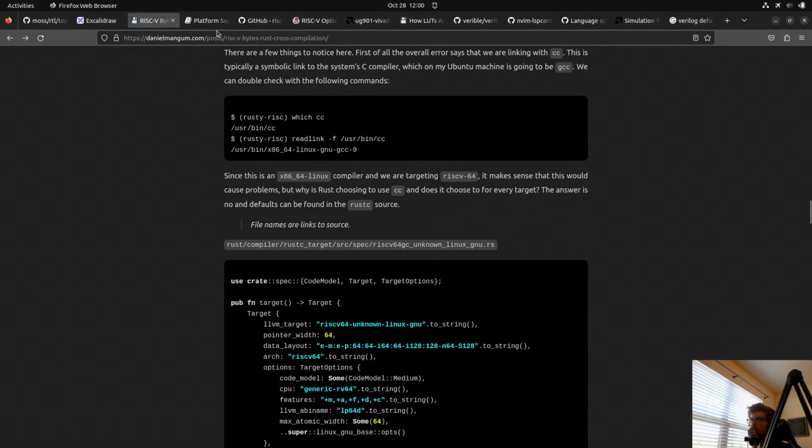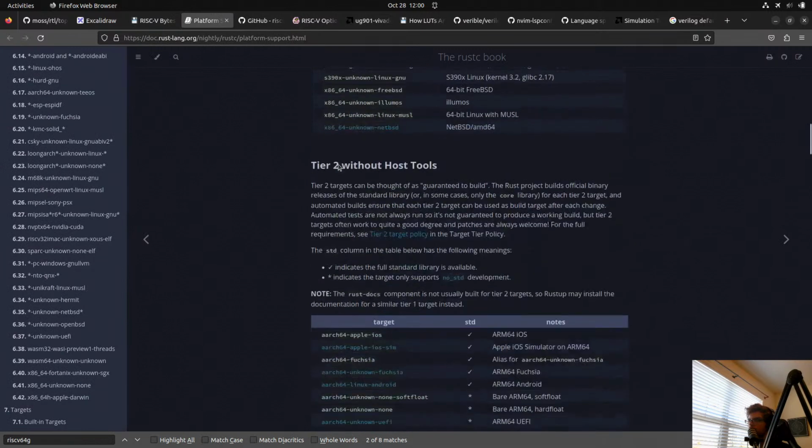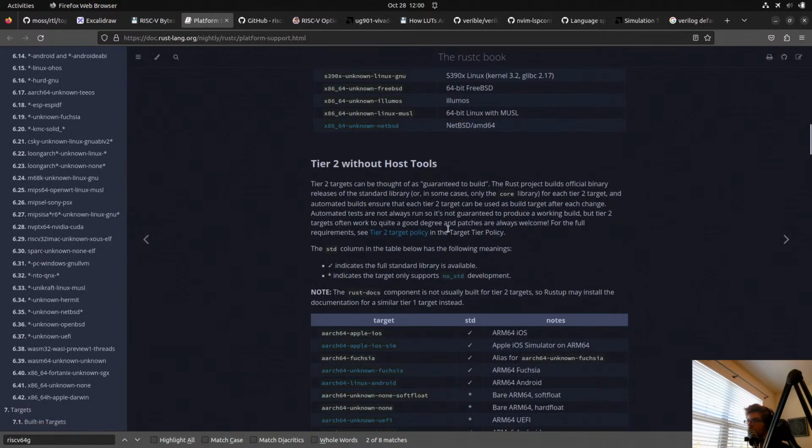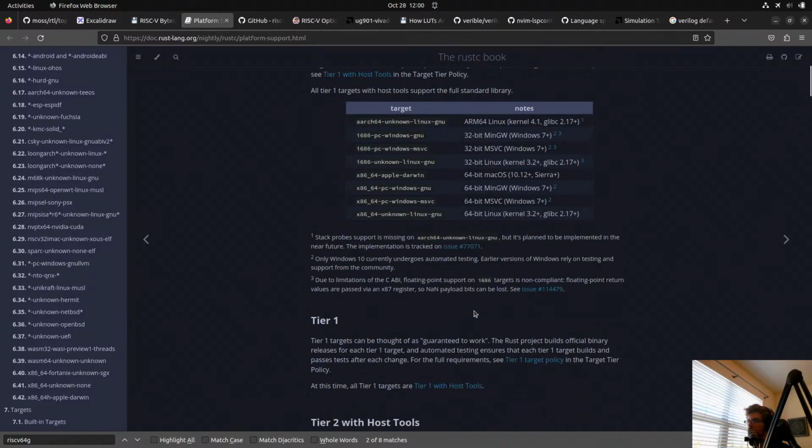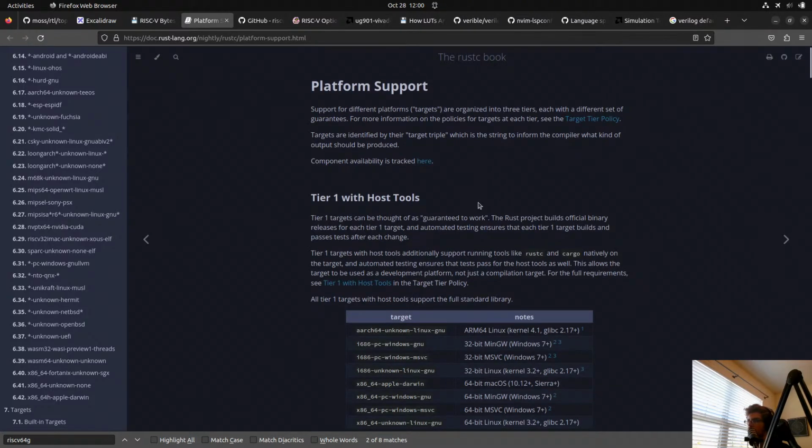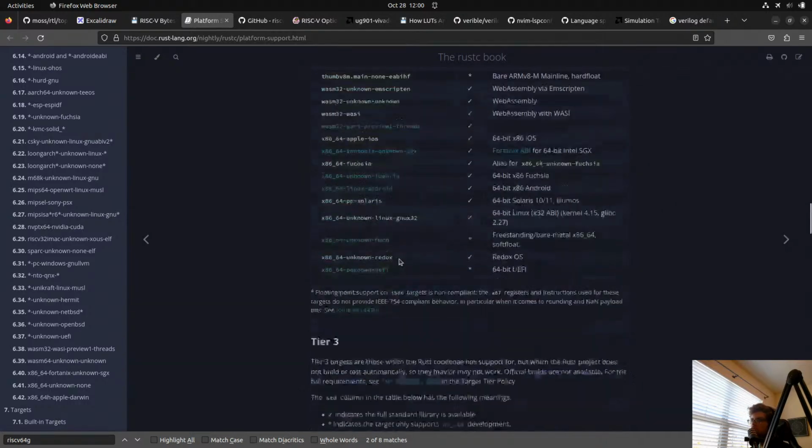So since we don't have toolchain support, let's see. Running tools like rustc and Cargo natively on the target. Oh, so we don't care about that. We just want to cross compile.